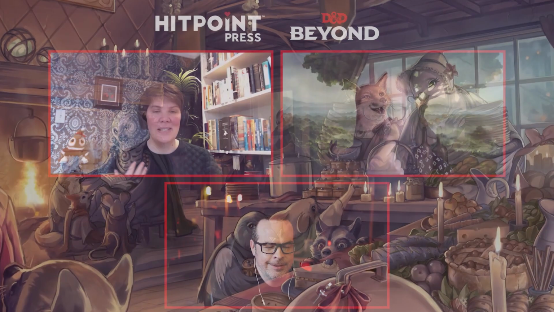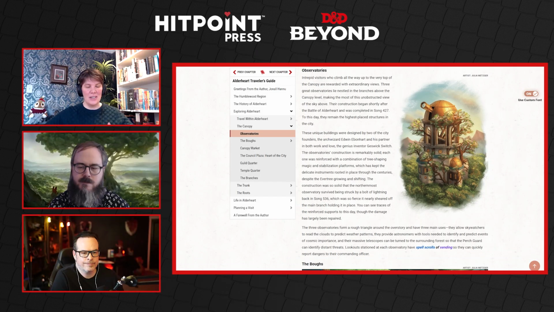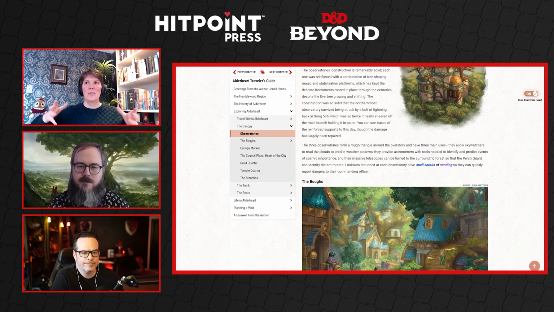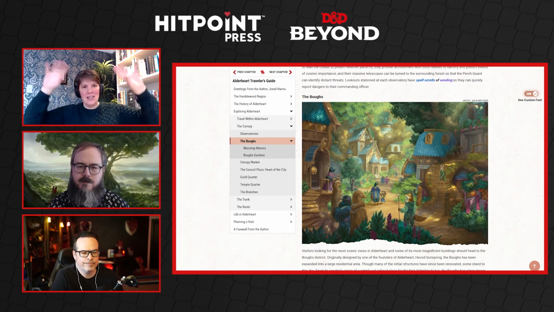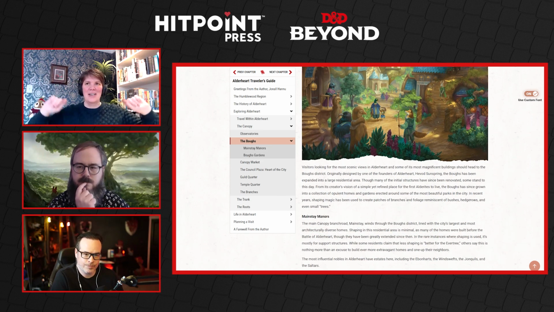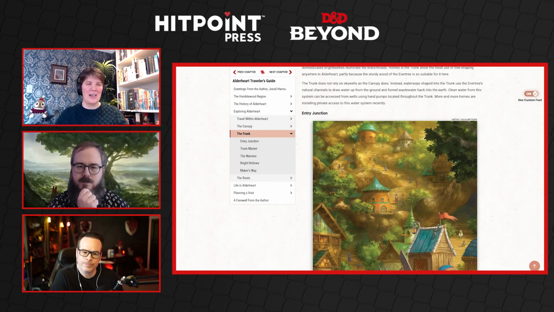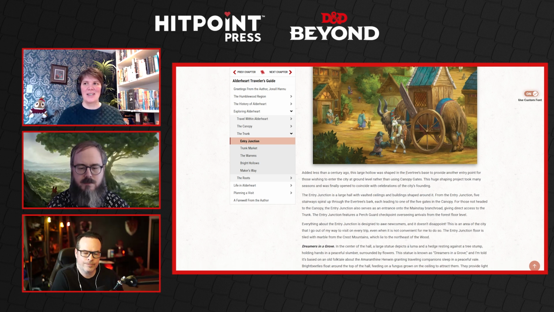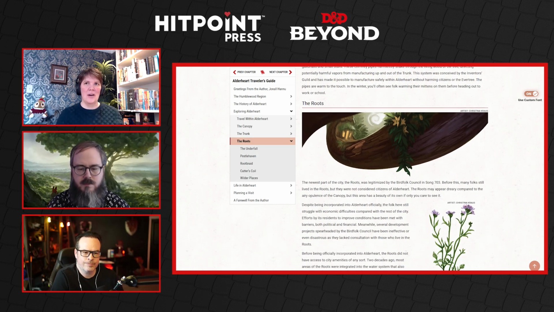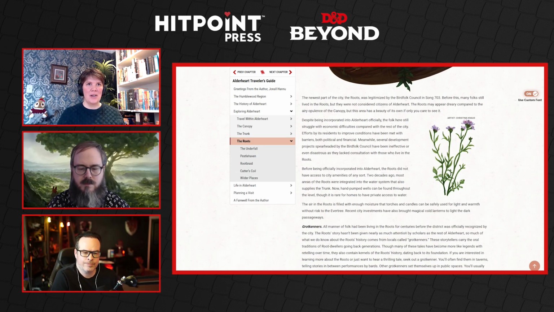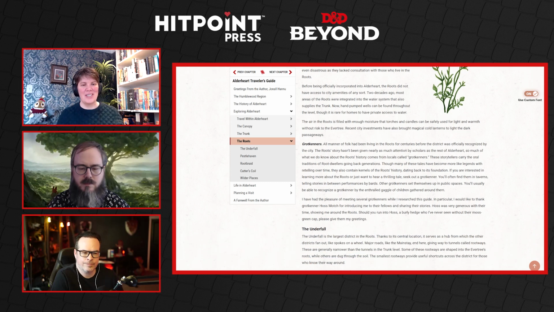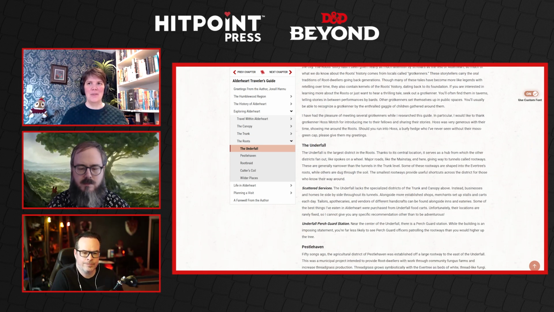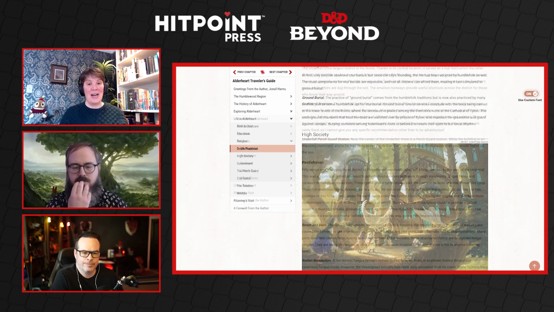My favorite part is definitely the Alderheart guide. It has so much lore that we just couldn't fit into the first book. Alderheart is this huge tree city. And there's the leafy canopy where the elites hang out, and then the trunk where a lot of the residential and business areas are, and then there's the roots, which for a long time weren't an official part of the city, and were considered not quite proper, but now have been integrated.